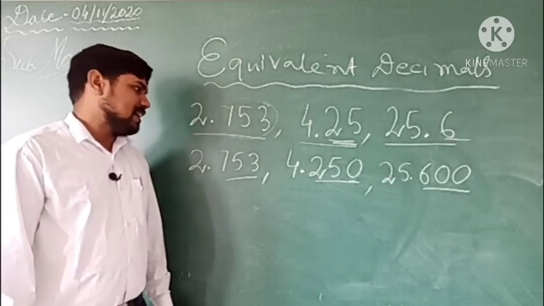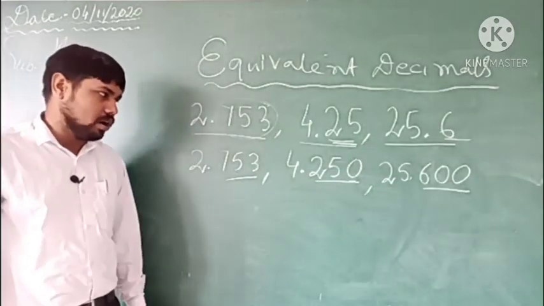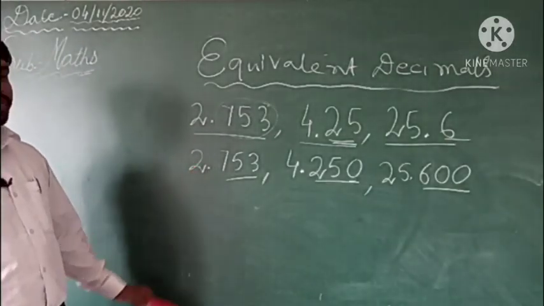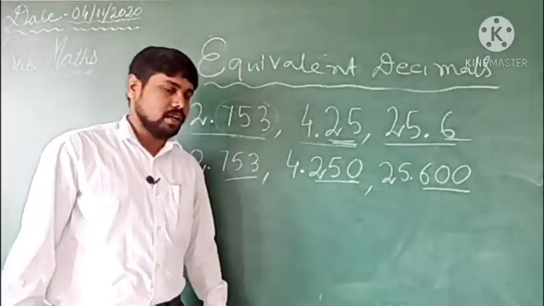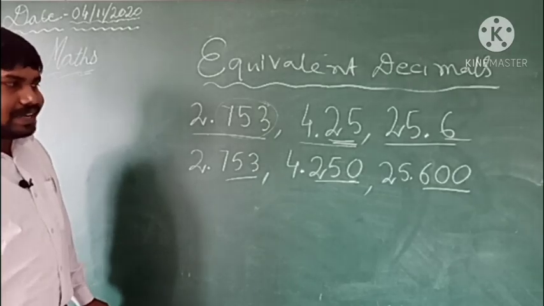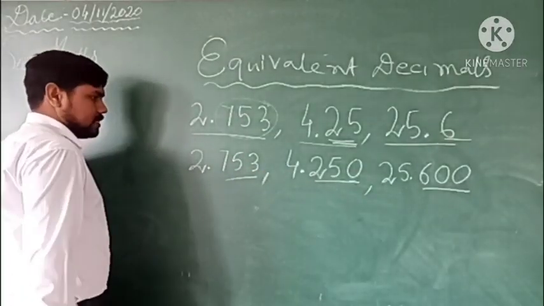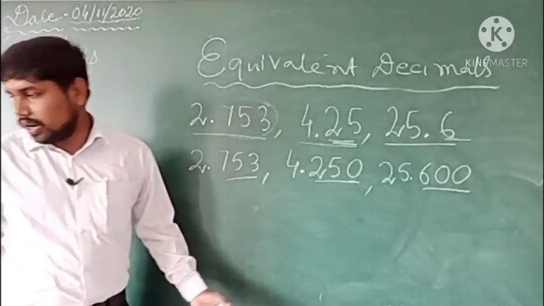So here, if it is asking to arrange in ascending order, it is already arranged in ascending order, because this is the smallest number which we have, then greater, and this is then greater, and this is the greatest one, right? After that, if it is asking to arrange in descending order, then we will write the greatest number first. This is in ascending order, increasing order, and descending means decreasing order. So we can arrange in decreasing order also.